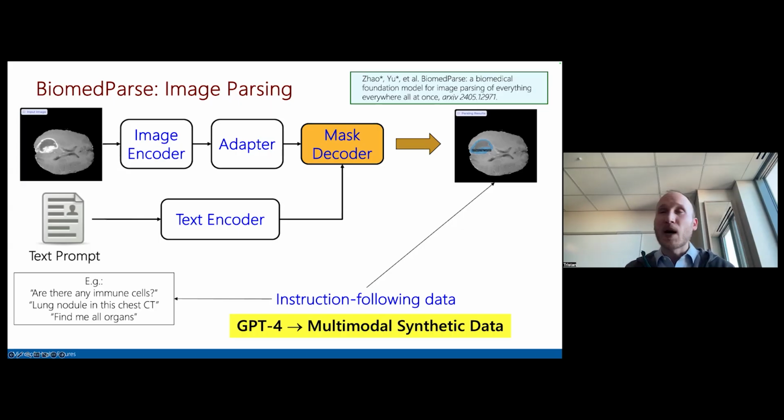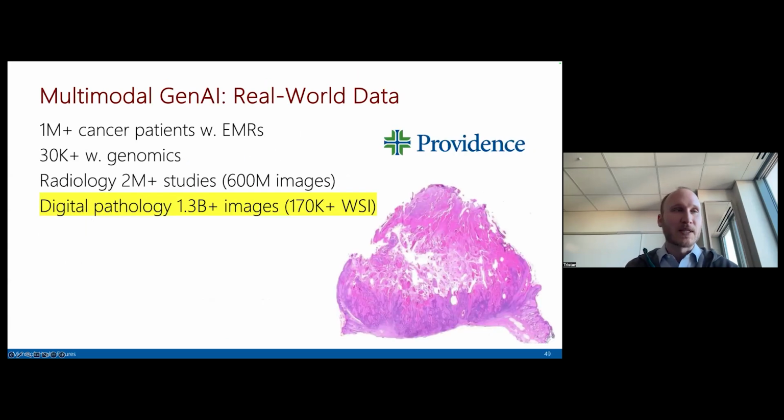And maybe where I'll wrap up, just looking at time here, is really around this last space that I mentioned that I think has been really exciting over this past year in digital pathology. We were looking at this with some collaborators at Providence Health. I think one of the things that's really unique about the scope that they have is, obviously in this Boston area there's a ton of hospitals and DFCI and places as well. But what's really exciting about some of the resources they have is a really large population that they're able to study. They have many, many patients already with genomics. They have tons of different studies with radiology as well. The number here, 600 million, is a pretty tremendous amount, and they also have this enormous volume of digital pathology,